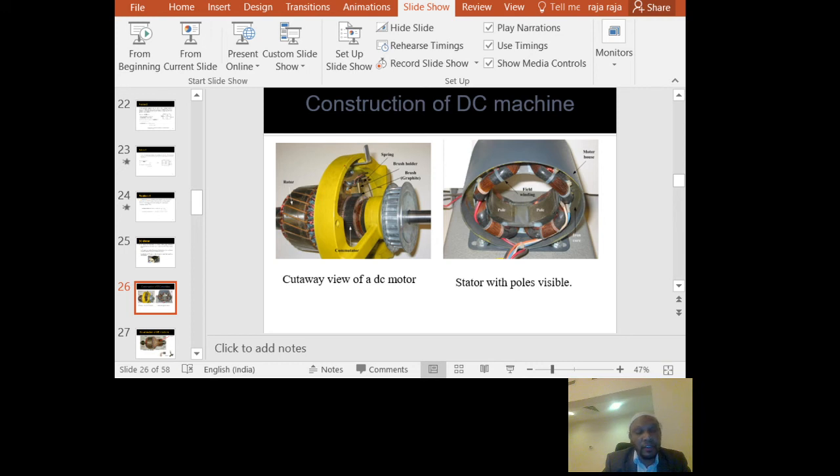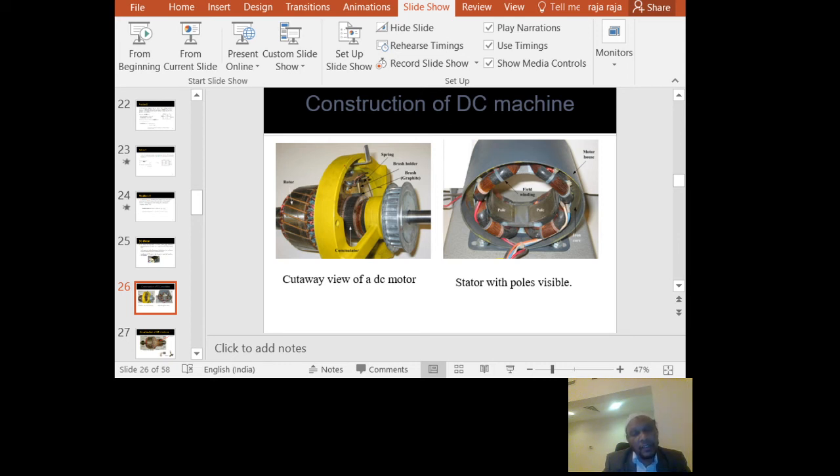And the second one is the stator with the poles visible. So these are the coils, the stator. This is the cover, and they make the coil winding inside. When you go to a repair shop, they make coil winding. For example, in your house the motor is not working and the coil is burned due to a short circuit, then your father or family member says go and get it repaired and make a new coil. At that time, you can see in the shop they open your motor and can show you how the coil is wound inside the machine.